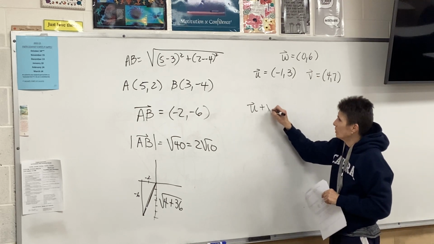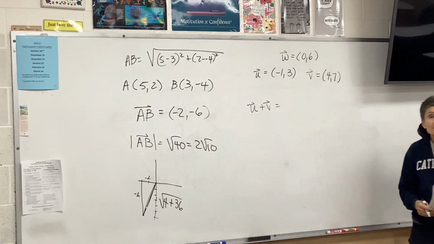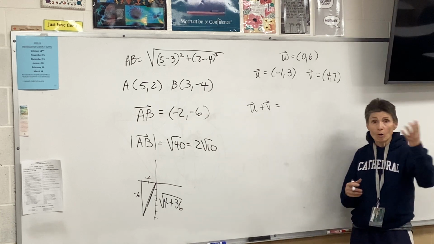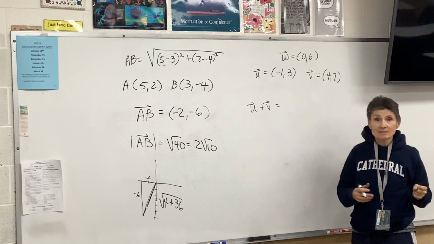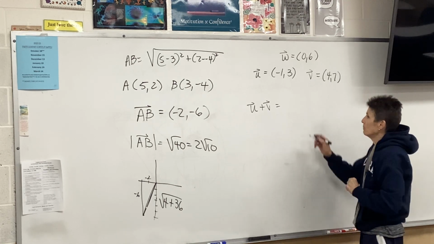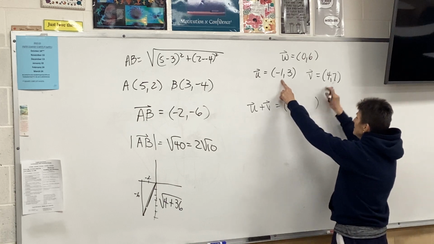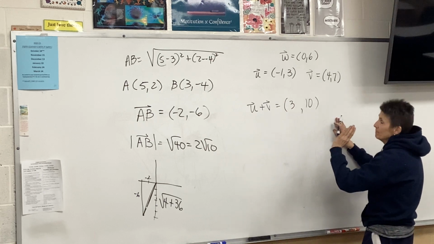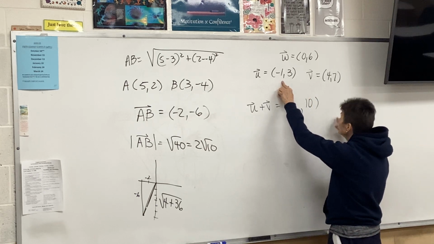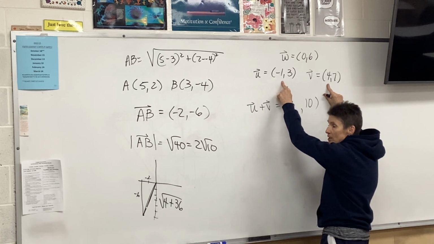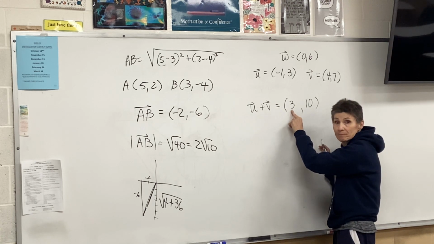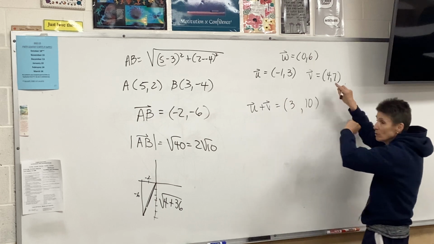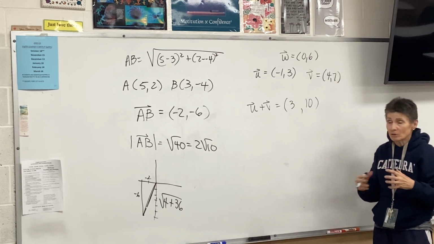Now I want to find the resultant of U and V. I want to add them together. Well, I wish you were here, because I hope at this point you would all be shouting, just add the X's and add the Y's, and you would be right. So the resultant is simply 3, 10. So if you think about it, vector U backs up 1, vector V goes forward 4. So isn't the net result of that forward 3? Vector U goes up 3, vector V goes up 7, so the net result of both of those is up